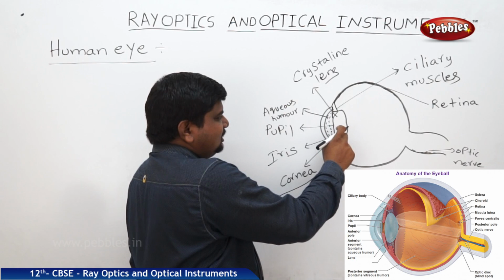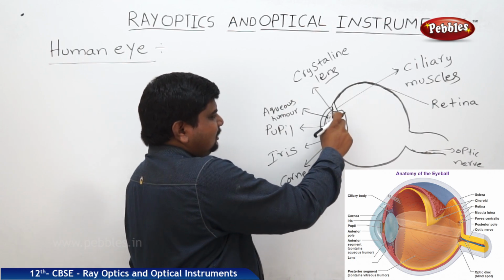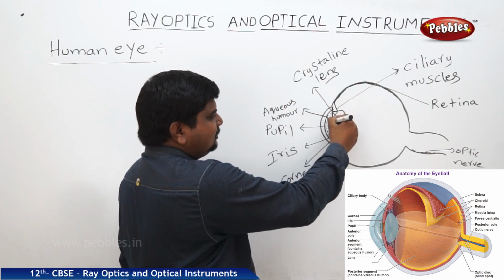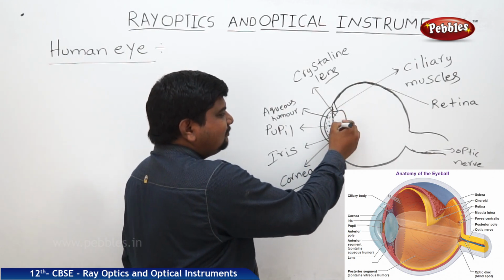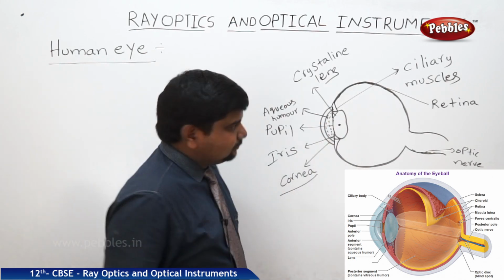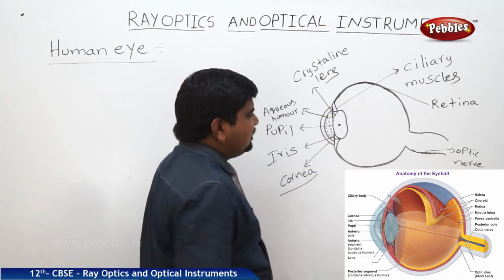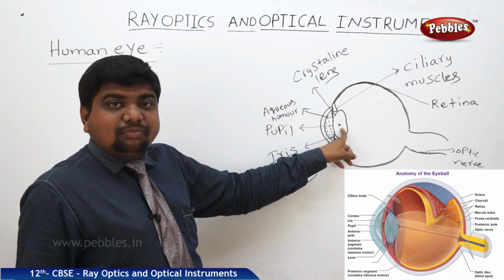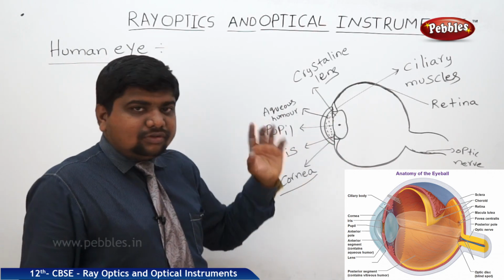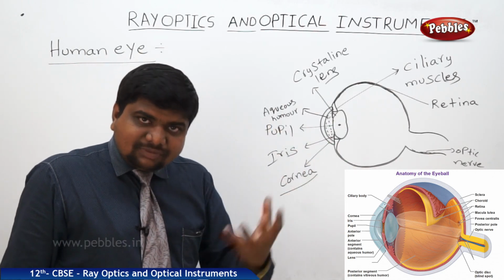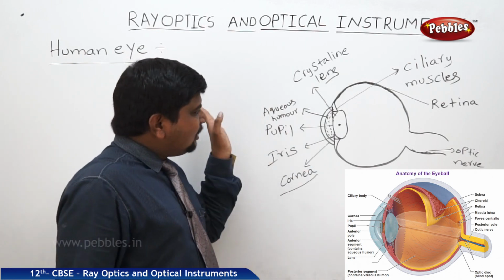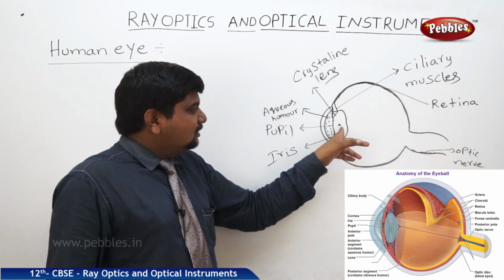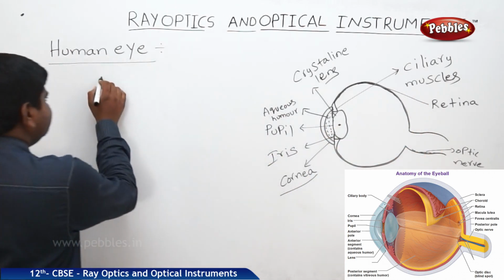This one is actually the pupil, and this is the crystalline lens. The central part of the crystalline lens is the pupil. This oval shaped one is the crystalline lens. The pupil doesn't have any cones and rods to absorb the light. That's why the light can pass through it without any reflection or refraction, and that's why the pupil appears to be dark.